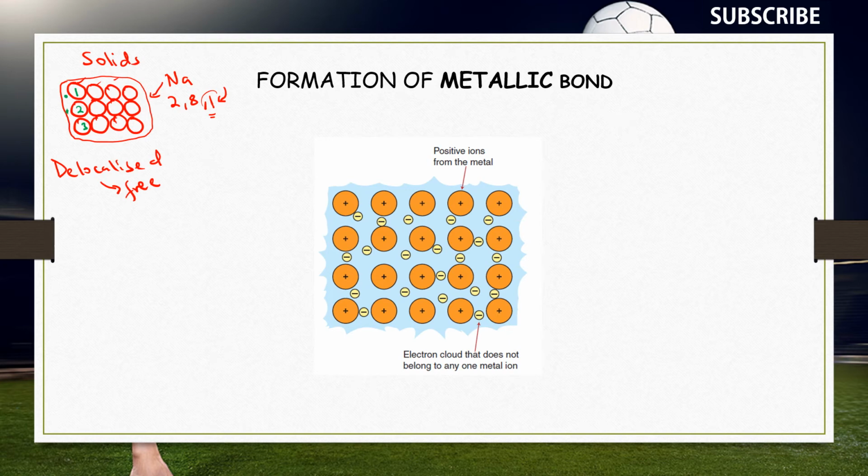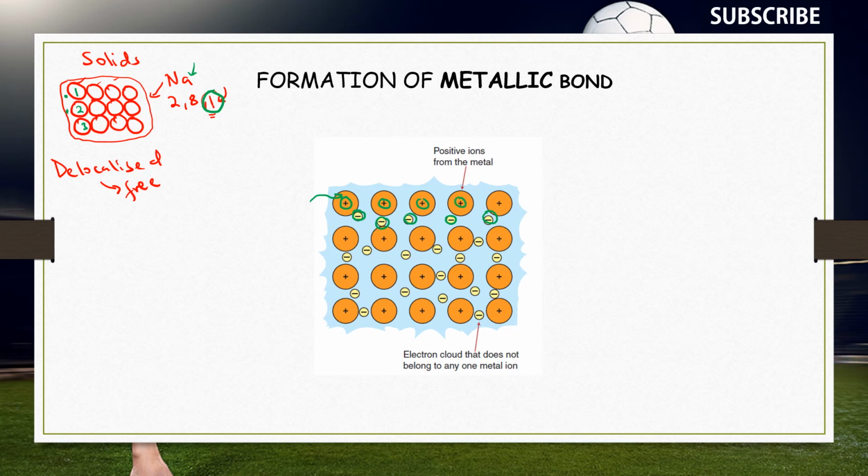So in this image, let us say this was previously our sodium atom. However, when it loses its 1 electron, this electron now becomes free to move. This 1 electron is this electron in the electronic configuration of sodium. So each of these atoms ends up losing at least its outermost electron. Losing, but it remains within the vicinity of this atom. So when the sodium atom loses the electron, it has to become positively charged. That's why we see the positive charges here.